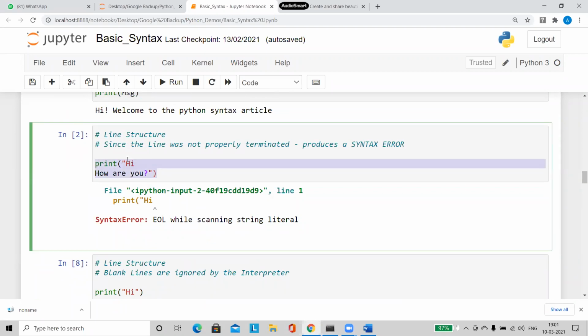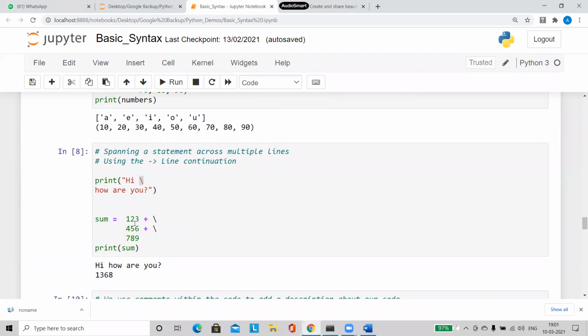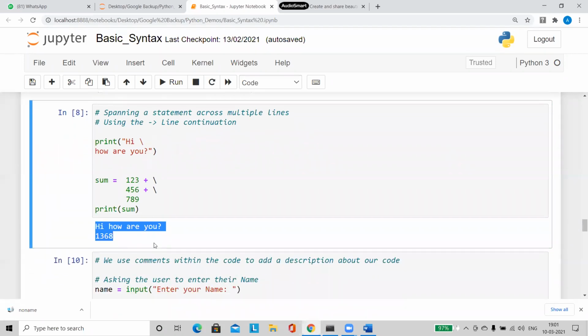In case we want to write it like this, you have to make use of the line continuation symbol, which is nothing but a slash. If you write it like this, it is accepted. Now when you print it, you will be able to get it in this line, and this is the value of this particular statement. So line continuation again is one very important thing.